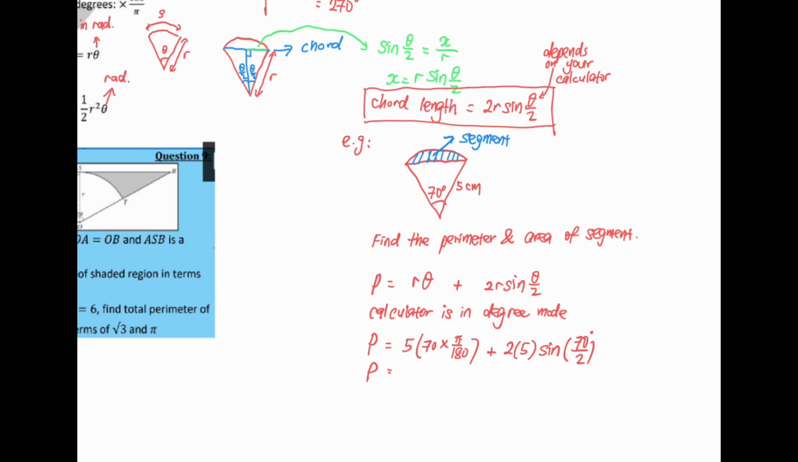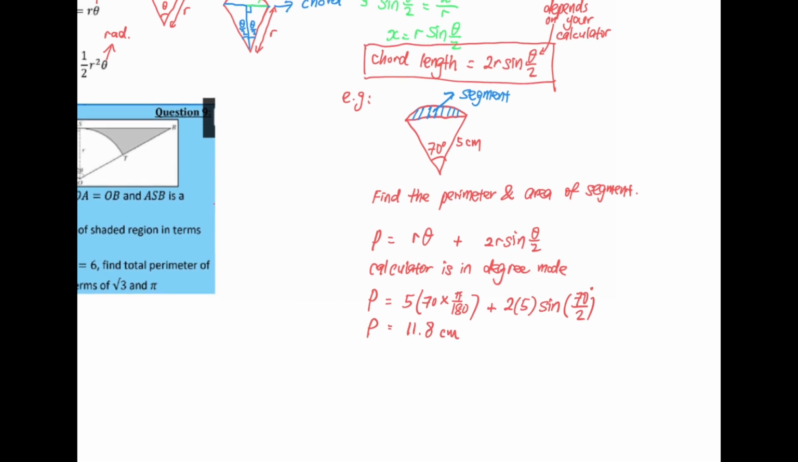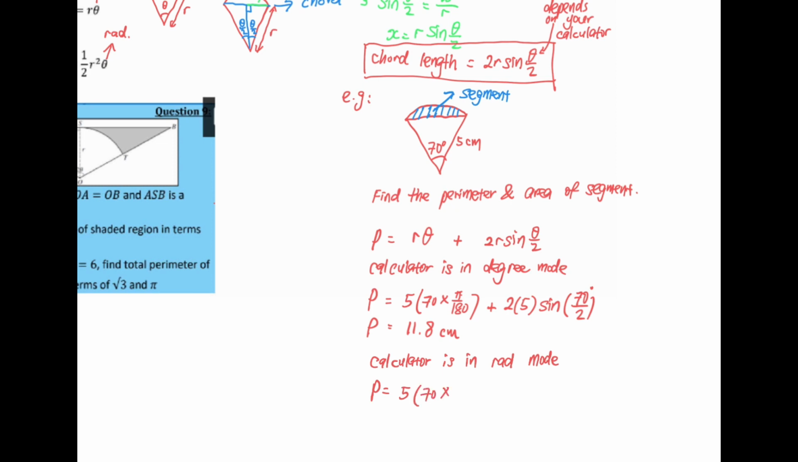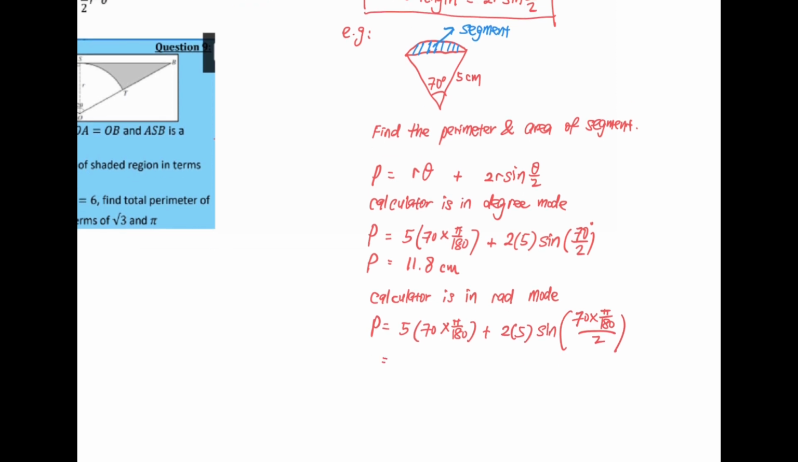So you will get 11.8 cm. Okay, so let's say your calculator is in radian mode, then your working will be like this: P equals r theta plus 2 times 5 sine. The 70 you change to radian also. Like this. Then after that you will get,